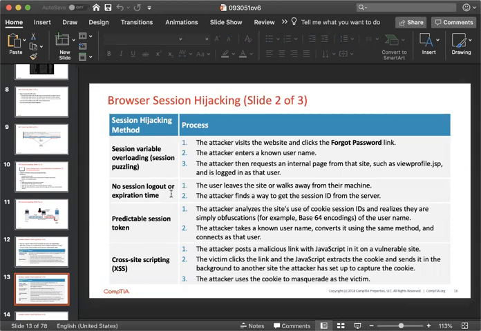No session logout or expiration: the user leaves the site and walks away from the machine, and the attacker finds a way to get the session ID from the server. Predictable session token: the attacker analyzes the site's use of cookie session IDs and realizes there's simple obfuscation,